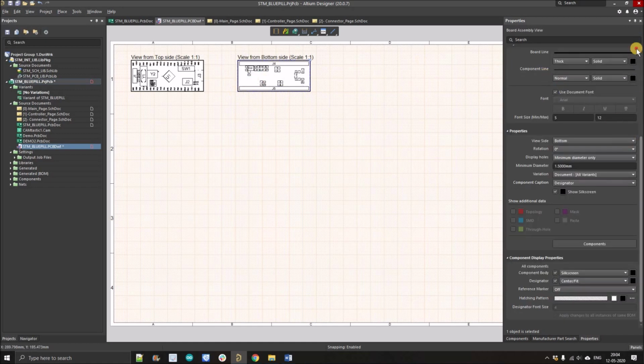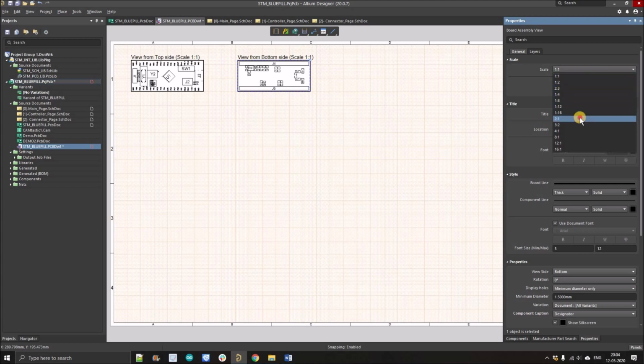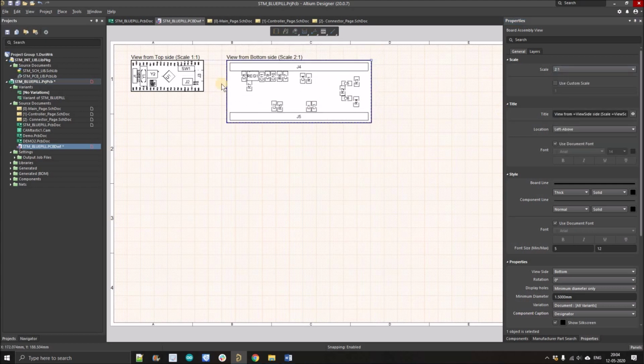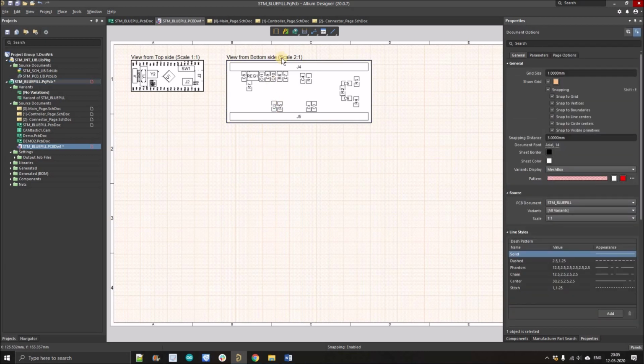So right now it is 1:1 scale. If you want, you can simply zoom in for 2:1. So it will be clearly visible. Now I will show you how you can zoom a particular section of the board. So here you can see, if you left click here, you'll see the board detail view option. Left click on that. Now I just want to show what these components are. So I'll simply left click here, and you can see a zoomed view of this diagram, right? So there are two LEDs between J1 and Y1. So you can simply see.